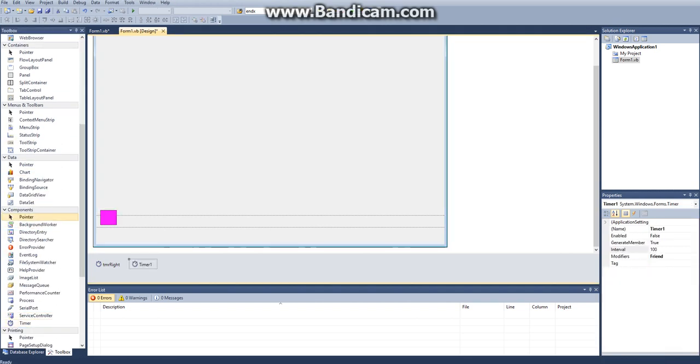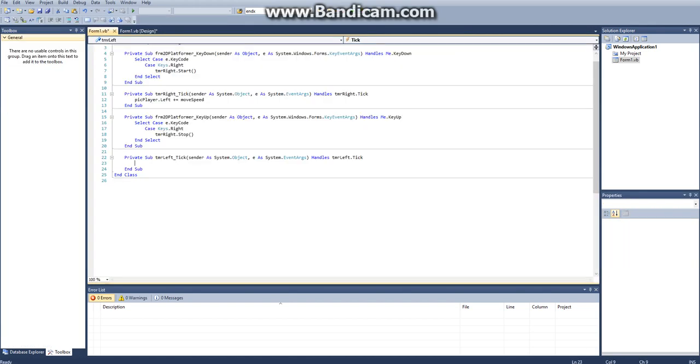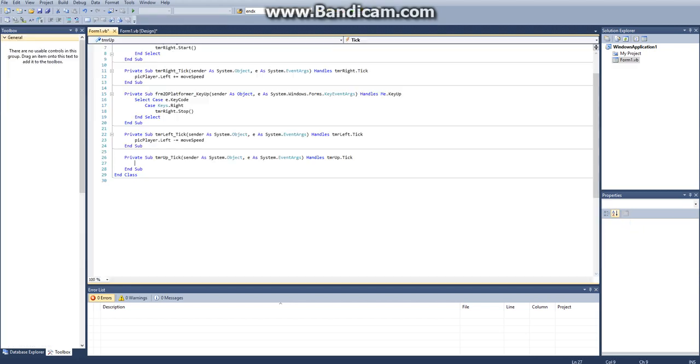So we'll say TMR left, and then TMR up. And because it's a 2D platformer, we do not want him to be able to move down. Or at least that's what I don't want him to do. So then I'm going to say pick player dot left minus equals move speed, and then under up, actually, one